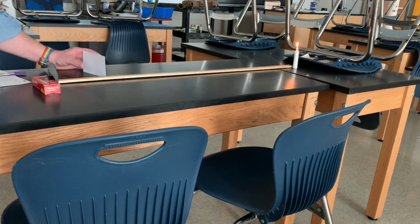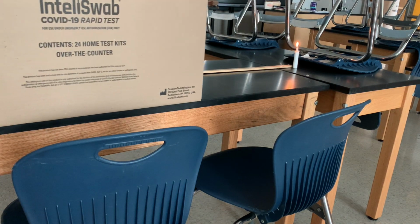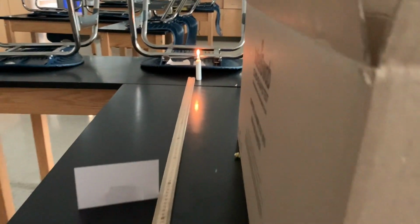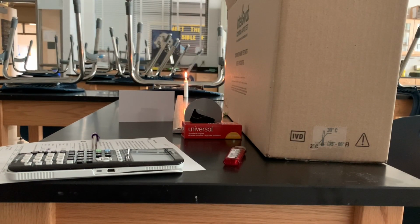Now it's very bright in here, so I'm going to put a box to shield our setup from it so I can see the image better. Now, bring the camera over here so that we can see this. And let's see how we do this. So here's our setup here. And let's see if we can do this. There we go. And if we zoom in,